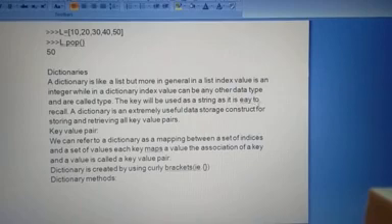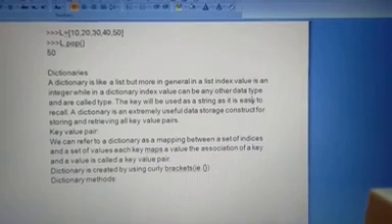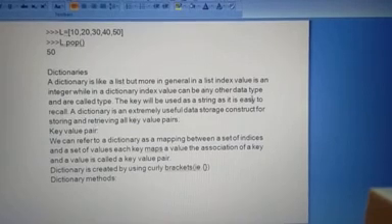So it is easy to recall. The dictionary is an extremely useful data storage construct for storing and retrieving all key-value pairs.